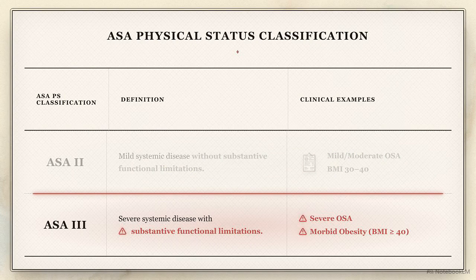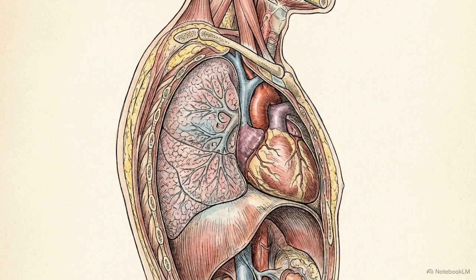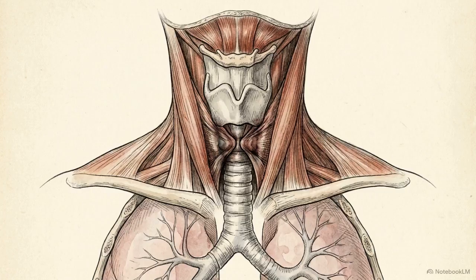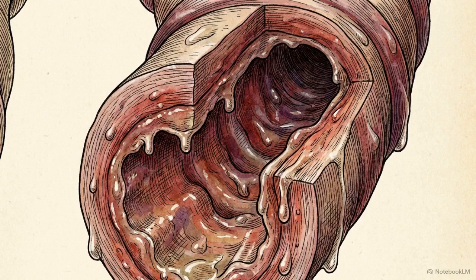In terms of respiratory health, an ASA 2 patient might present with mild to moderate obstructive sleep apnea, or a BMI between 30 and 40. The progression to ASA 3 occurs when those conditions advance to severe OSA, or morbid obesity. Determining this specific shift from mild to severe requires evaluating the steady erosion of the patient's underlying respiratory and hemodynamic reserves. Correctly stratifying a patient into ASA 3 identifies a structurally compromised respiratory architecture that is critically vulnerable to pharmacological